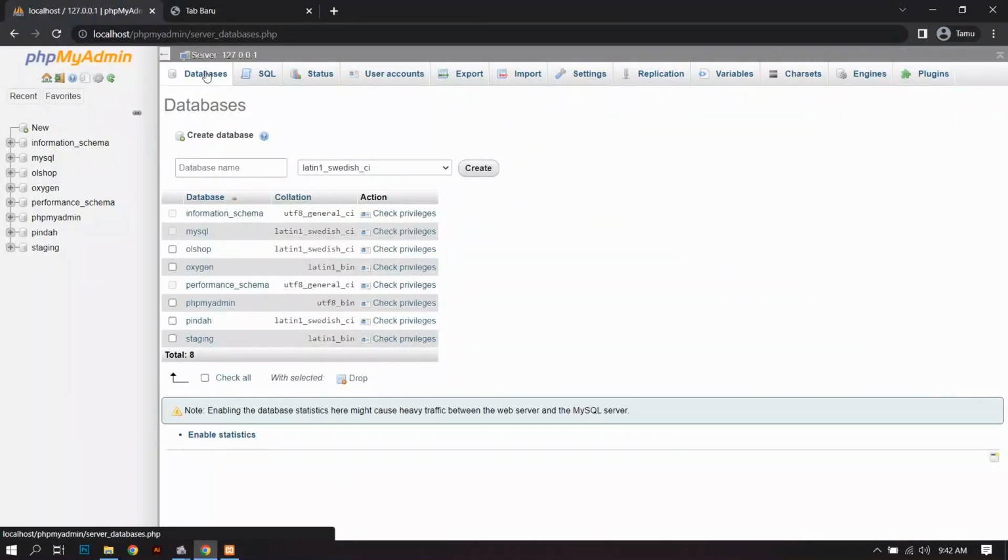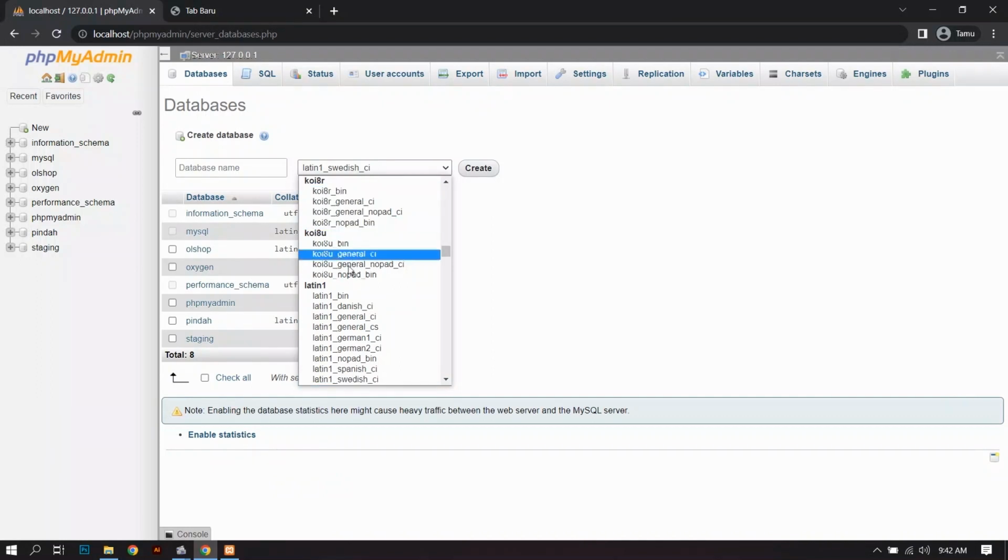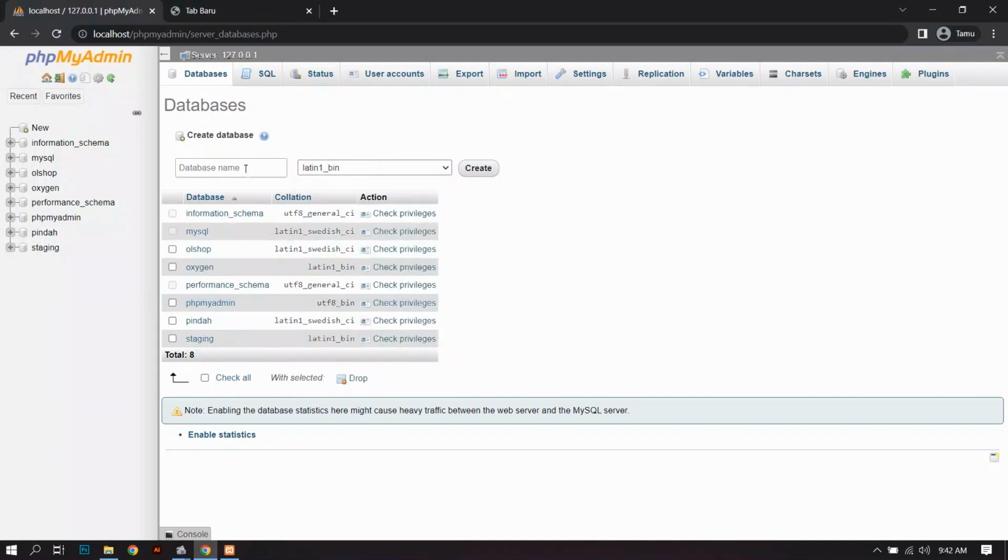Now create a database by clicking the Databases menu. Then fill in your database name. Here I write the name dbmyweb.